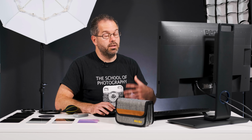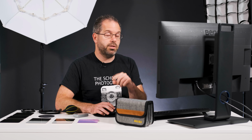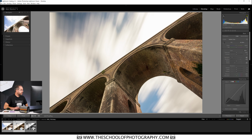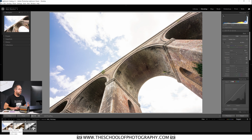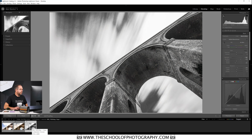And for those of you that don't know what difference an ND filter will make to your photography, check this out, okay? That is the shot before the 10-stop filter was added. And here is the shot with the 10-stop filter, and just for a bit of fun, I made a black and white version here as well. And this one I really quite like, as a matter of fact,